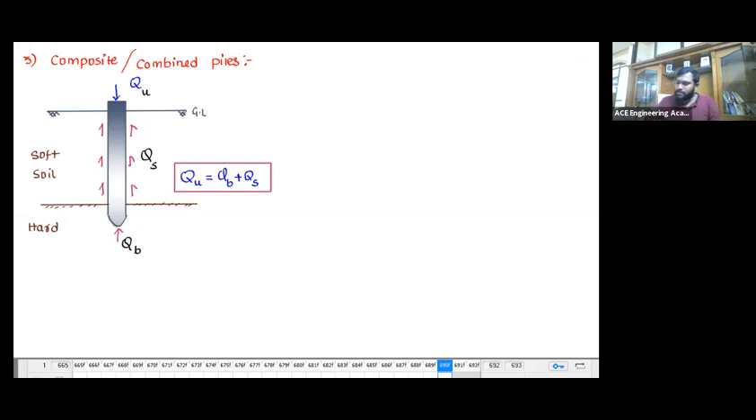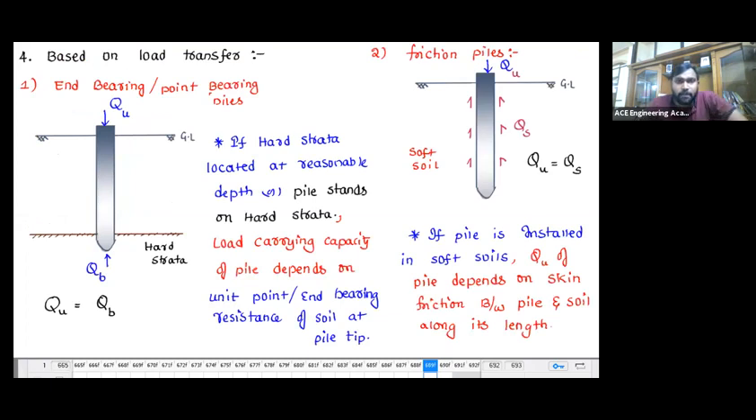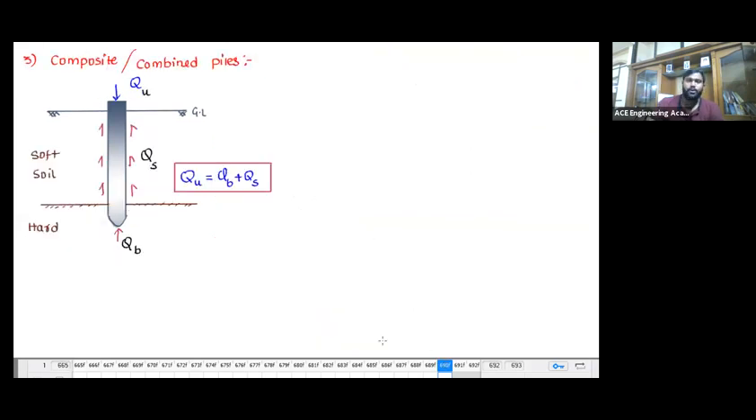Sir, in end bearing piles, is soft soil only capable of providing frictional resistance? Yes. End bearing piles, no dependency on the skin friction? No. If I say end bearing pile, you neglect the friction. For friction piles, we neglect the point bearing resistance. And if they don't mention anything regarding the pile name, we have to take it as composite or combined piles, where QU